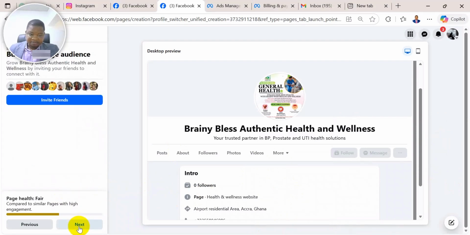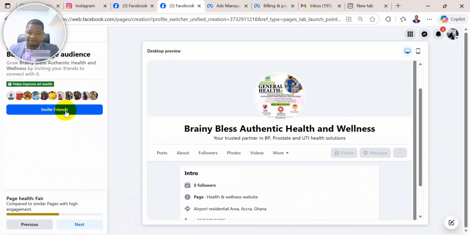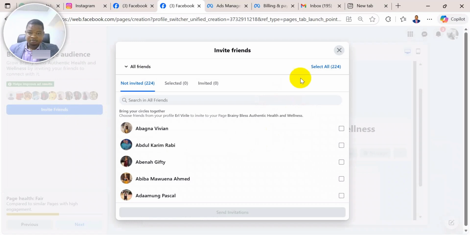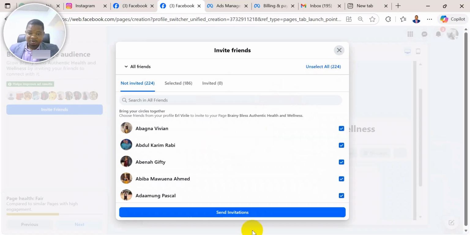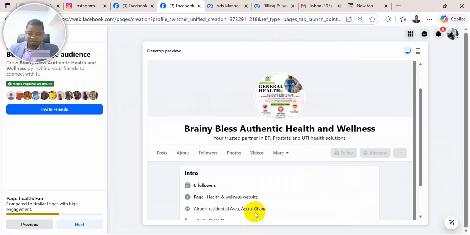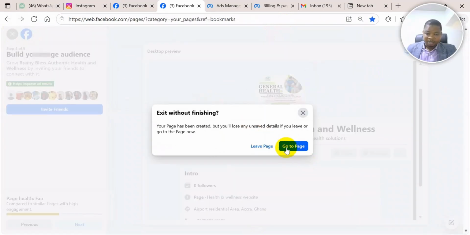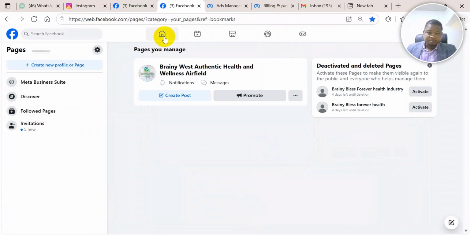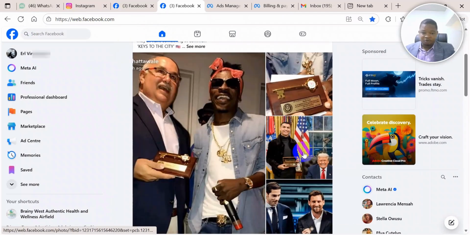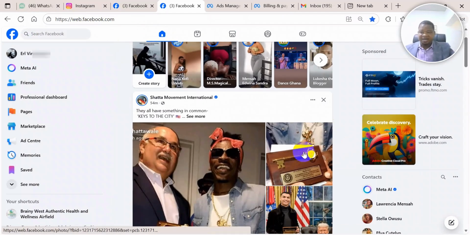I'll click on next. Now you can invite your friends. So I'm inviting all the friends of this Facebook account. Very soon they will come and follow and we'll get a few followers. Now you can leave. Now if you want to, from here, set up an ad campaign